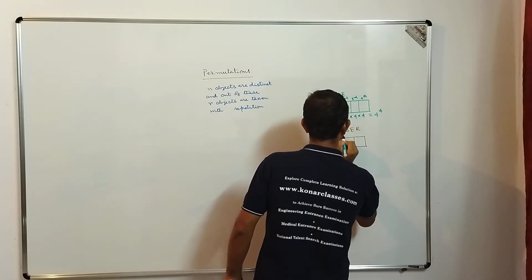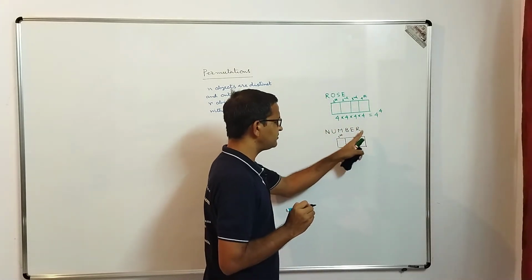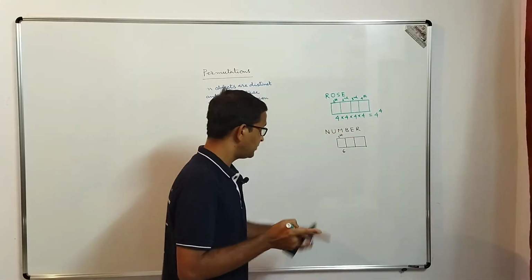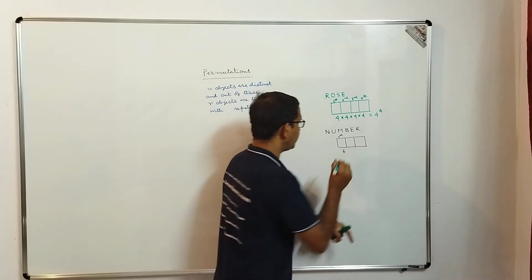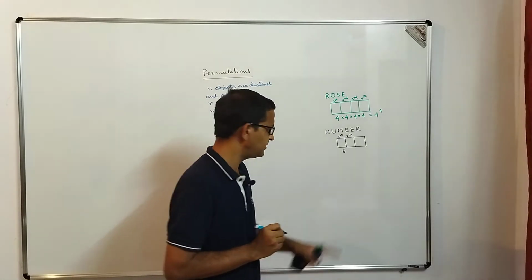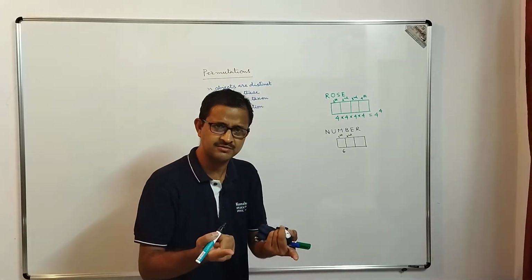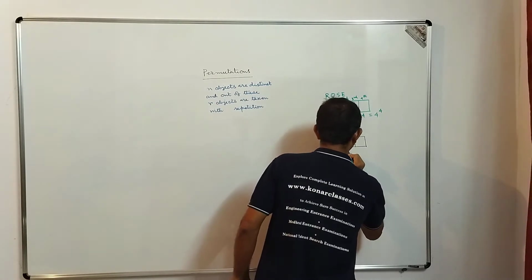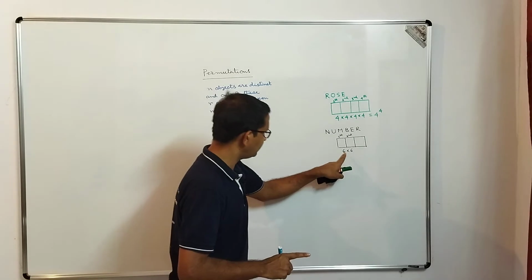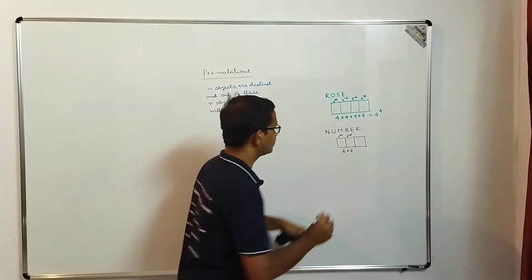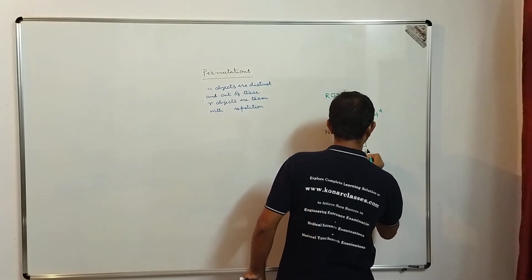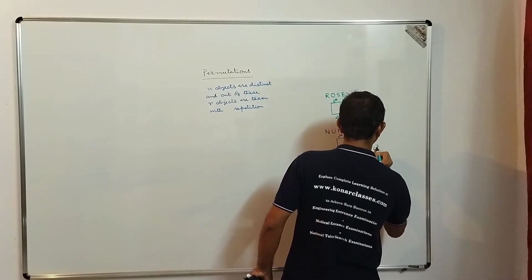See, the first place can be filled with any of these 6 letters. So that means it is 6. Then when you are going for the second place, in how many ways can you fill it up? Also 6, because repetition is allowed. So 6 into 6. For each of these 6 into 6 ways of filling up the first and second place, the third place can be filled in how many ways? The 6 ways, because repetition is allowed. So it is 6 to the power 3.